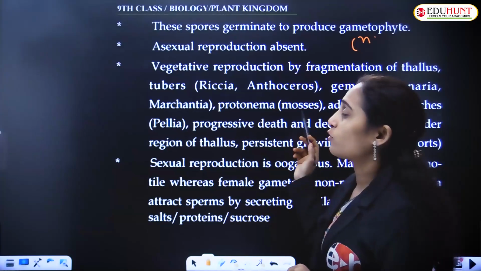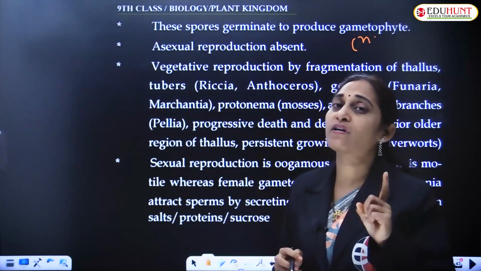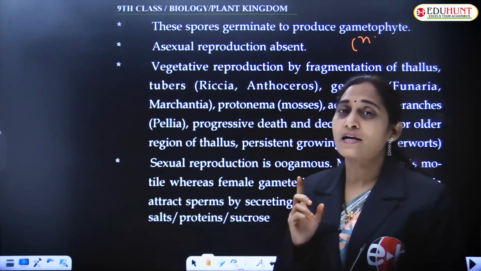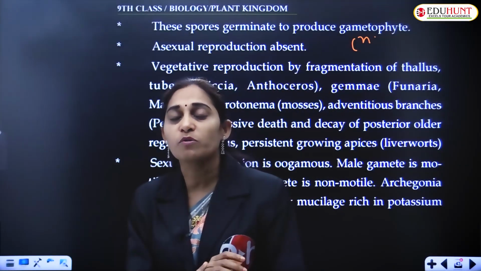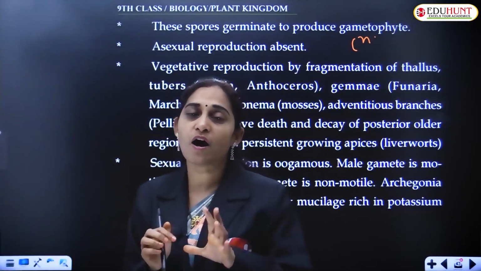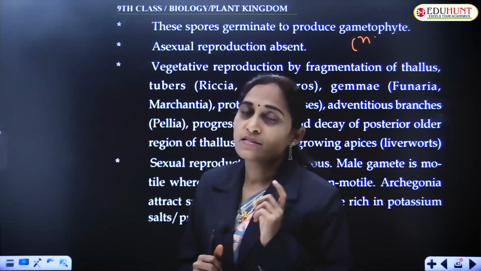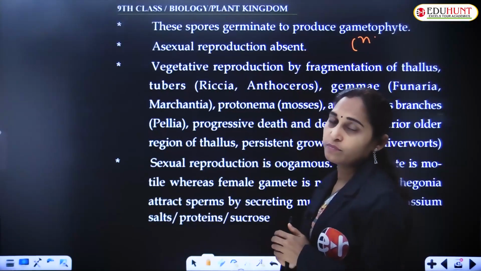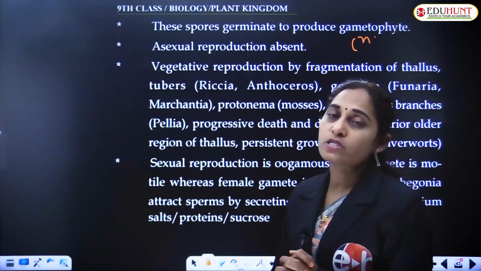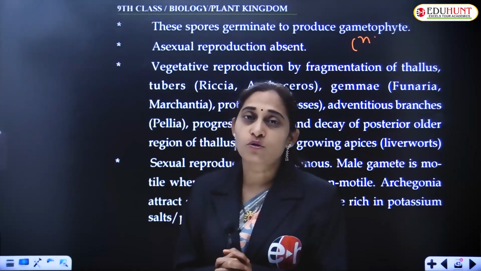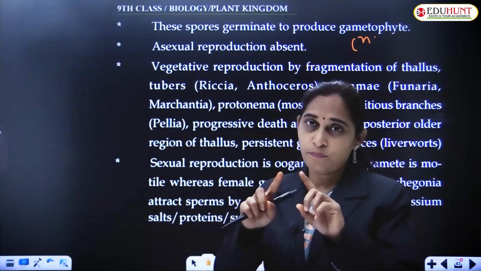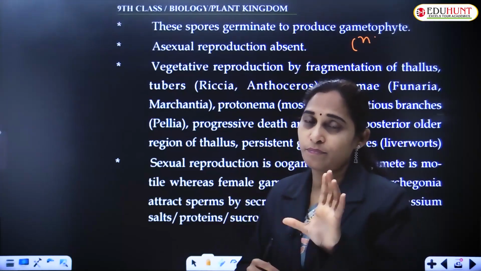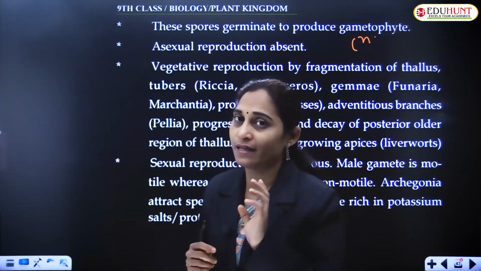Gametophyte, because the gametophyte is the result of the meiotic division. In meiosis, the reduction division, only half of the chromosomes are present. The chromosome number is halved, not the size. That means if the individual possesses 10 pairs of chromosomes, the spore will carry only 10 chromosomes. 10 pairs is different from 10. 10 pairs means 20, 10 means 10.